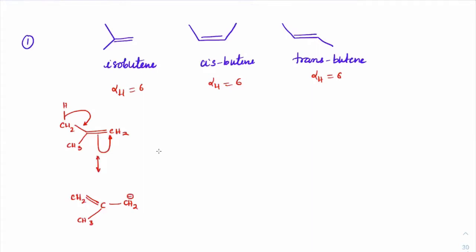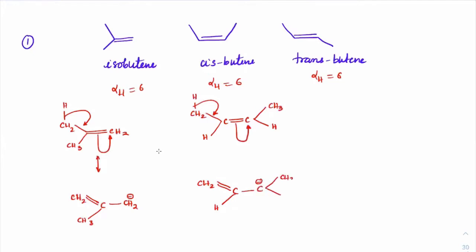CH3 here, and CH2 minus is what we will get. If you do the same thing for the cis molecule, in the cis molecule we have CH3 with hydrogen here, C double bond C, CH3 and hydrogen here. This is how it is. So here also this bond is breaking, supporting it as a double bond, and C minus will come. So what do we get? We will get CH2 double bond CH and single bond C minus CH3 and H. I think you can imagine the same thing happening with trans also.